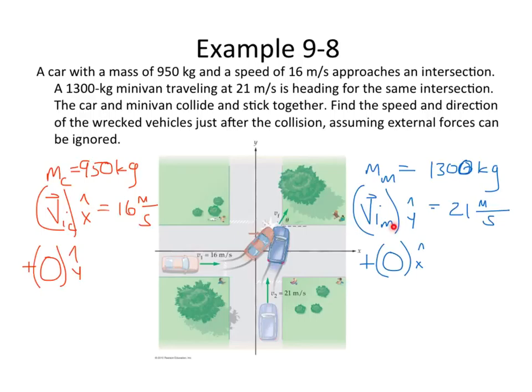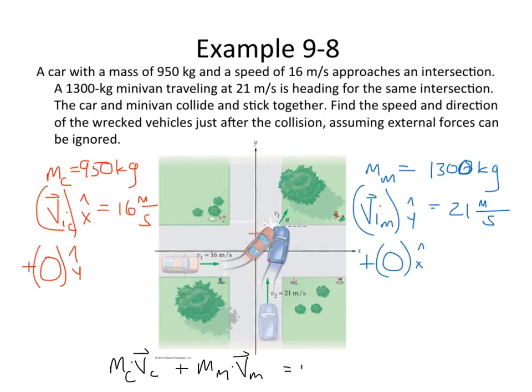Okay? So we have all of our stuff written down, and let's write down our basic equation for solving for momentum in any one direction. Okay? And that is, I'll write this at the bottom right here. I'll write it in black, and then we'll shrink it down. Mass of the car times velocity of the car plus mass of the minivan times velocity of the minivan